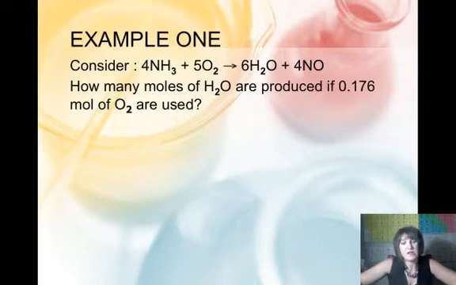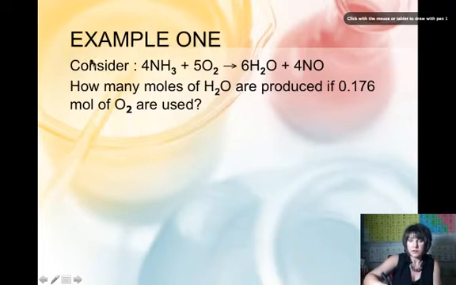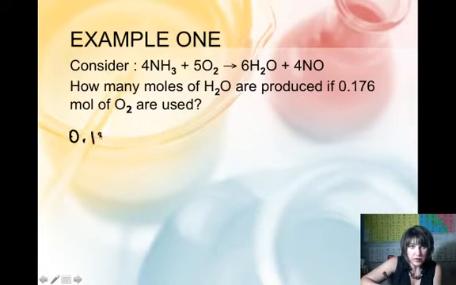First, we have this same old equation from before. 4 ammonias plus 5 oxygens makes 6 waters and 4 nitrogen monoxides. So that's our recipe. Our question says how many moles of water are produced if 0.176 moles of oxygen are used. So assuming that oxygen is the thing that runs out first, our limiting reagent, then we're going to start with what we're given,